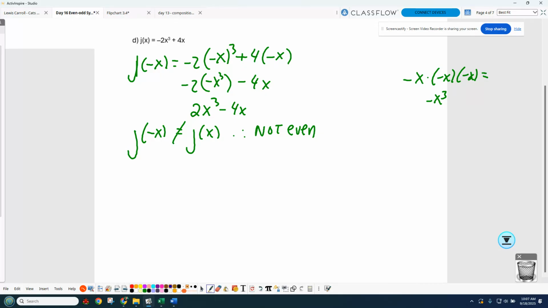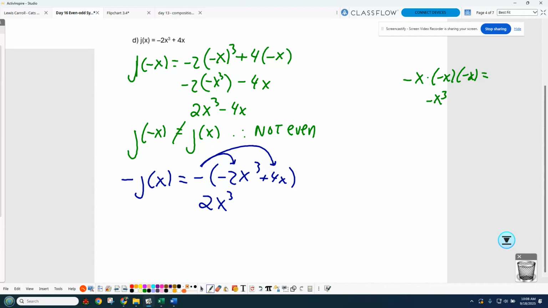So Naomi, I got that it's not even. What is the next thing I need to test? The second part is doing the opposite of the whole thing. So I need to distribute the negative to the whole thing. What happens when I distribute that negative? You multiply. And when I distribute the negative to here,